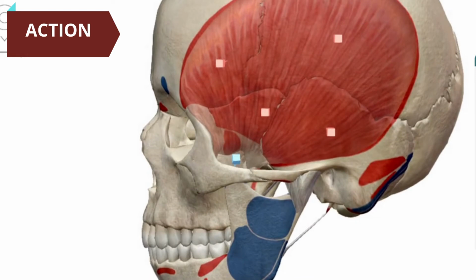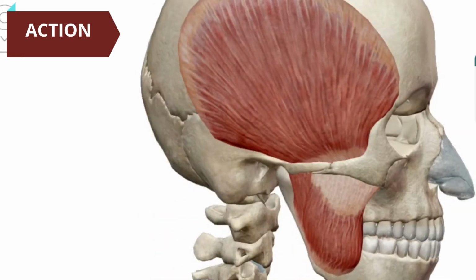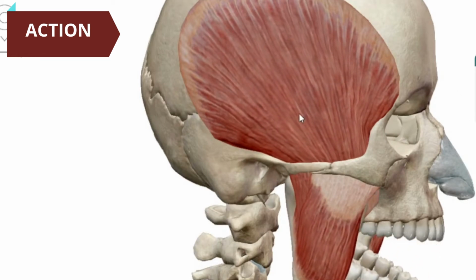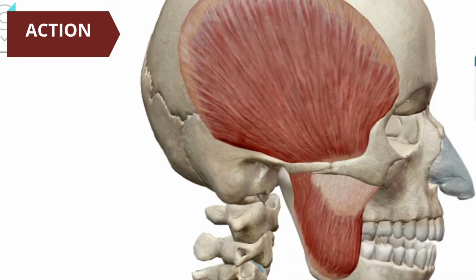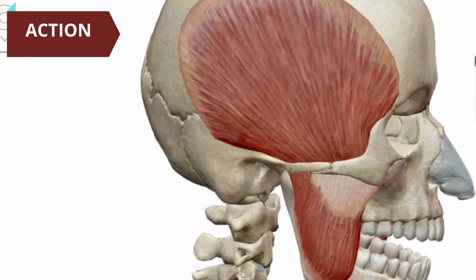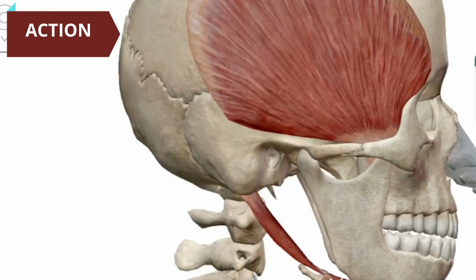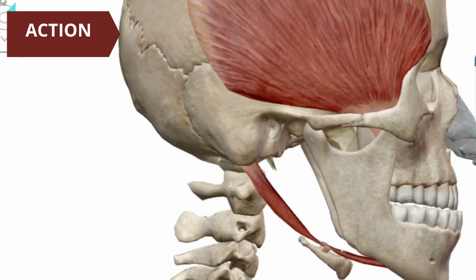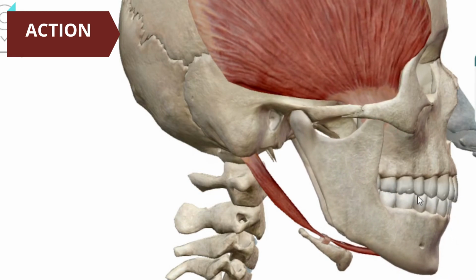Now action. Like the masseter muscle, it is also helping the elevation of the mandible or the closing of the mouth. Elevation of the mandible. You can see over here fibers. Contraction of these fibers of masseter as well as temporalis leads to mandible elevation. Then comes retraction. What do you mean by retraction? Retraction means moving the mandible behind to the upper jaw.